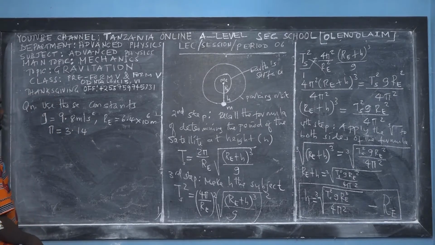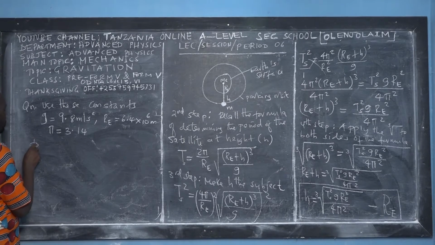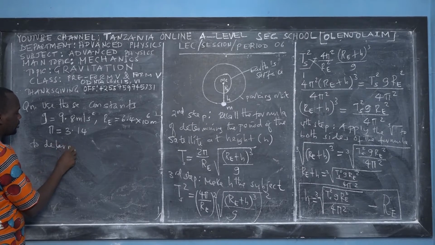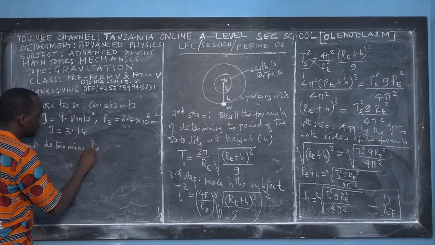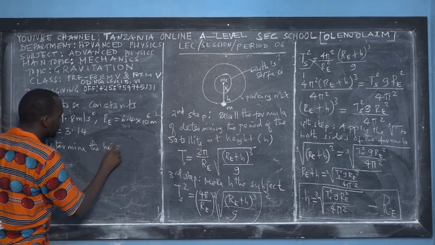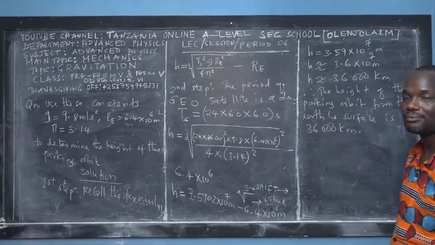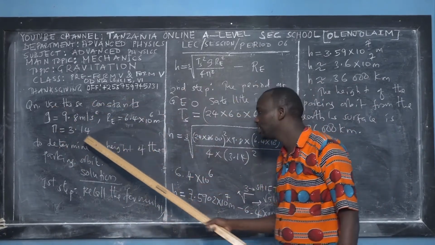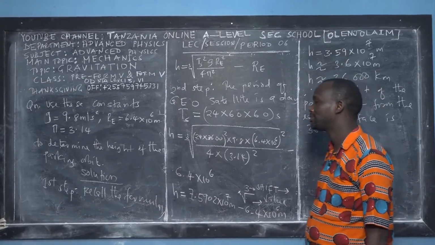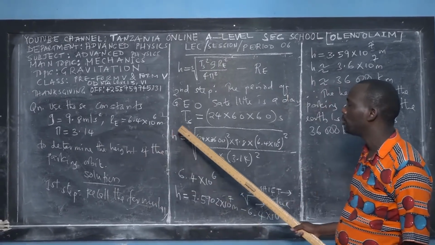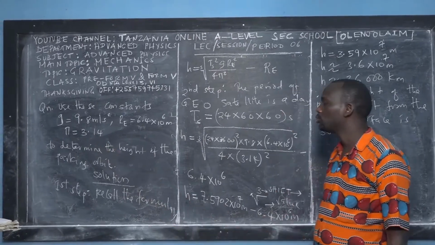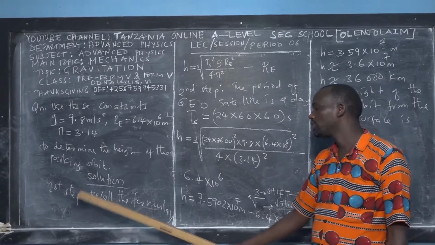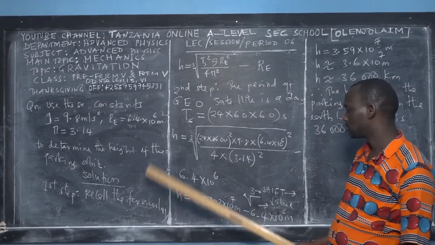That's all. And then use those constants to determine the height of the... Okay, so according to the requirement of the question, use the constants given: acceleration due to gravity 9.8 meter per second square, radius of the Earth 6.4 exponent 6 meter, and pi is equal to 3.14 to determine the height of the parking orbit. So solution, the first step, we have to recall the formula, okay, the formula,